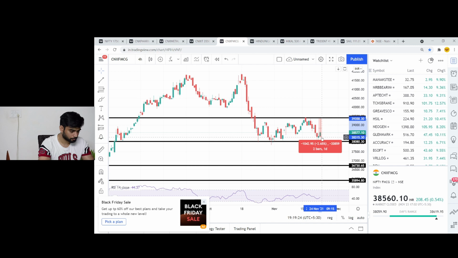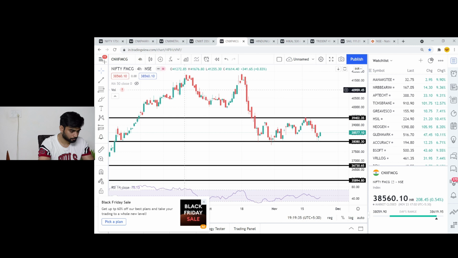And in the FMCG sector, we have a very good stock which I think is at a great level to buy now because of multiple reasons. I'll just discuss that stock with you as well. So we are expecting that FMCG, which is overall a very stable index or sector at present, you can eye this.